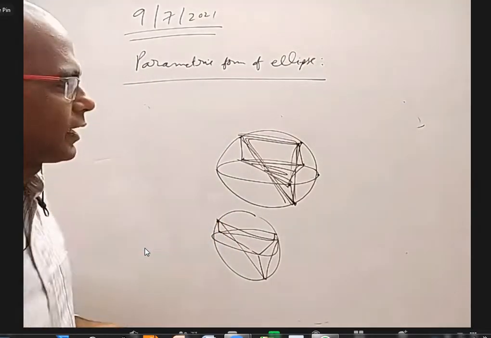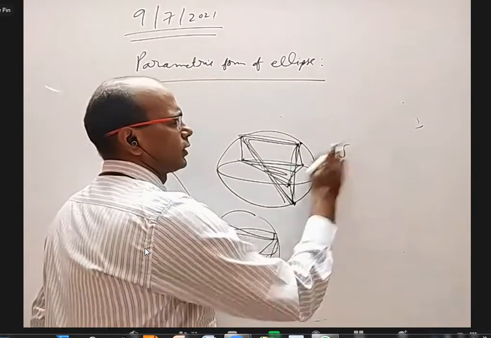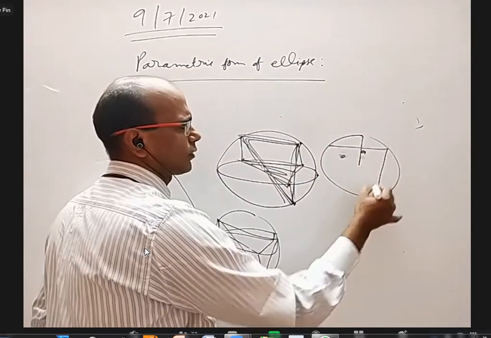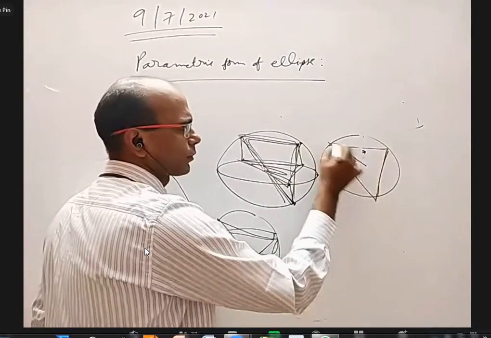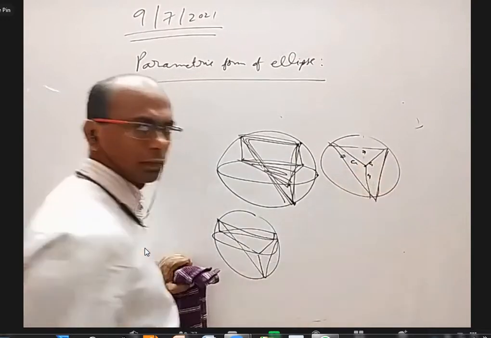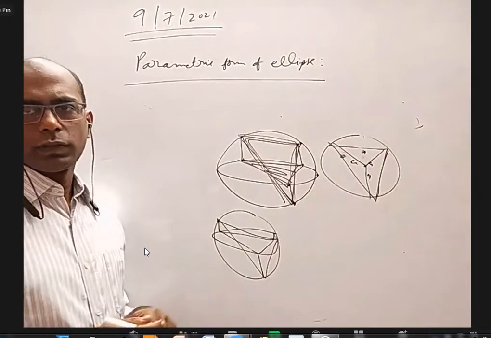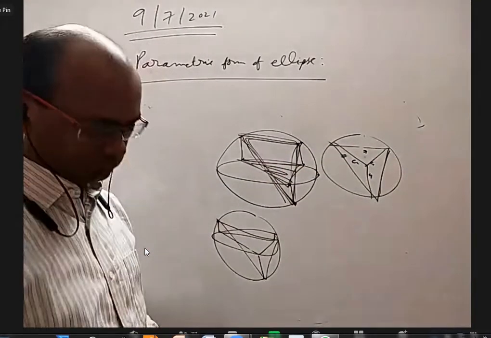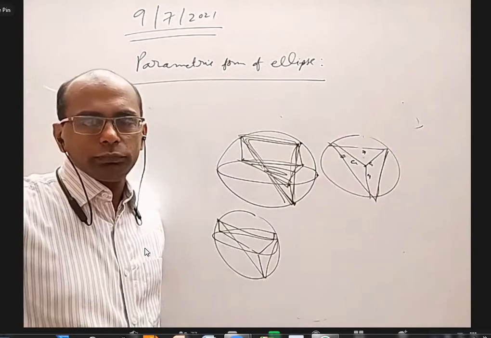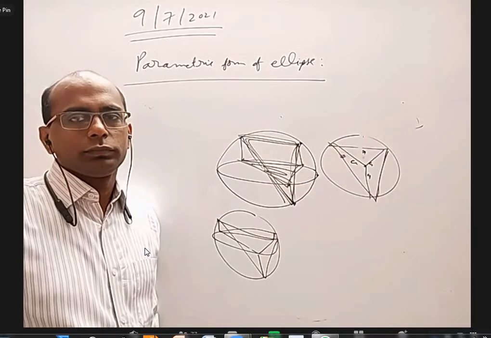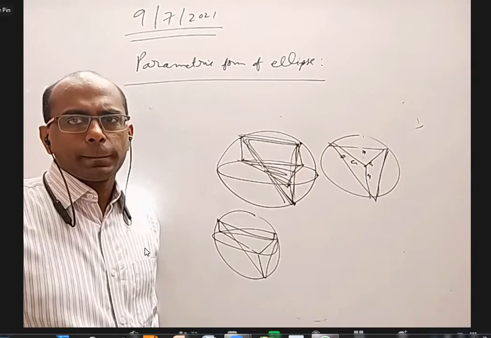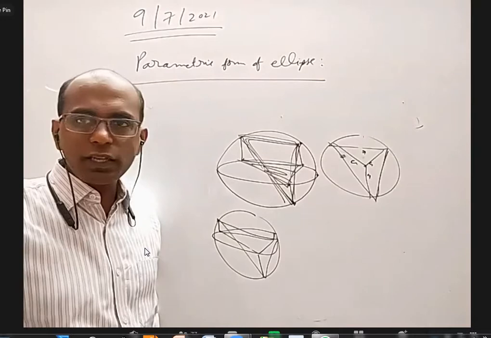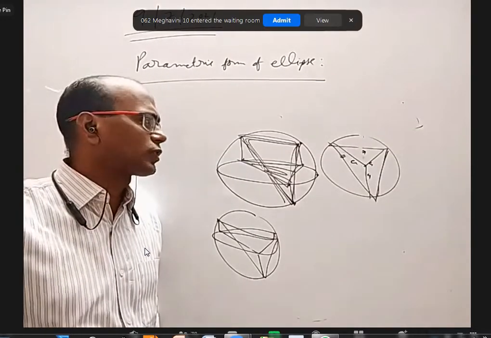But their area, if you take a circle of radius a and put an equilateral triangle in it, what do you think will be the area? Three root 3 r square by 4. If the side is a, then 3 root 3 a square by 4, you want to tell a root 3. Yes, that's good.